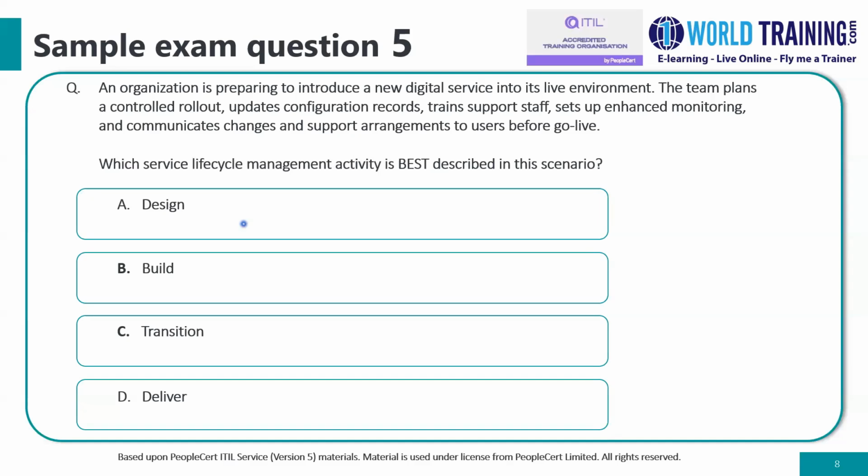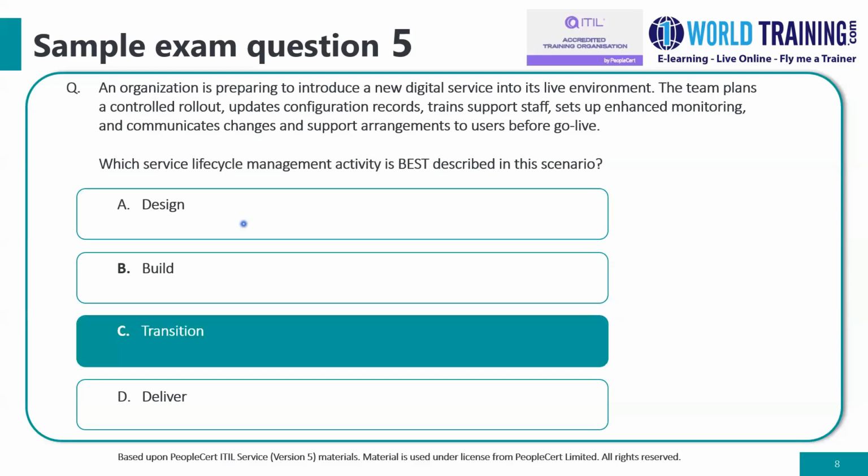Whereas choice A, design, is about creating specifications and blueprints, not moving or rolling services to the live environment or preparing users and support teams. And choice B, build, is about developing, integrating, and testing solutions. So that is also incorrect. Choice C, transition, would be correct because